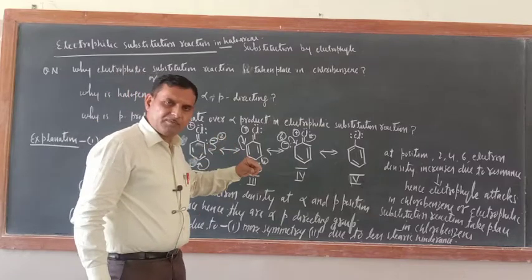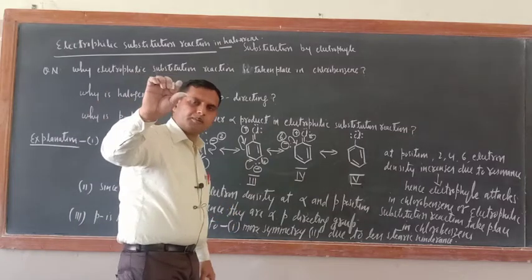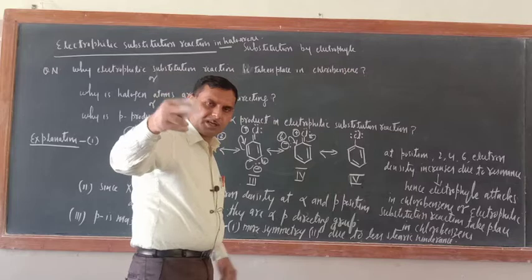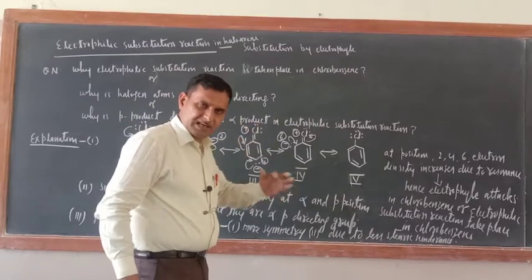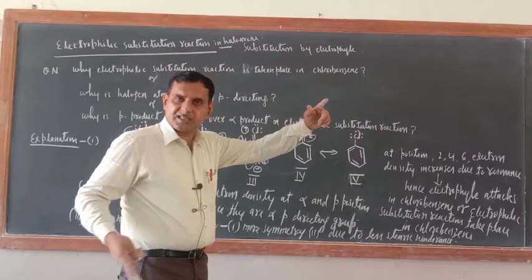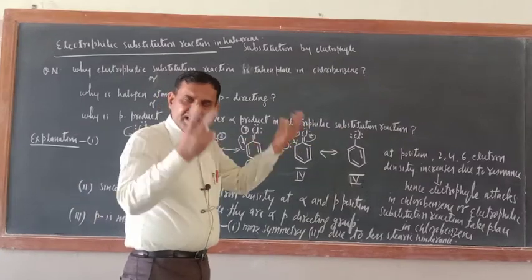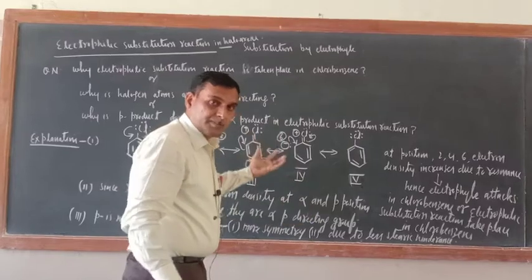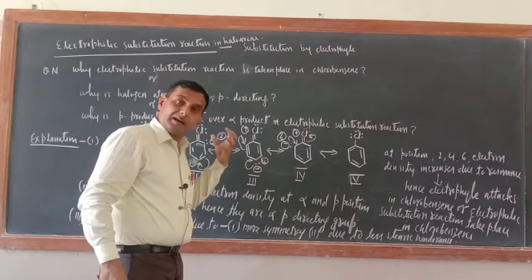Similarly, in the para form steric hindrance is less. In the ortho position, two groups are very near, so steric hindrance would be there. Both groups will repel each other, hence the stability of that product will be less. While in case of para, one is present at one position, the other is present at the 4 position, so the distance is more. Then spatial crowding or steric hindrance won't be there, so the para product will be the major product and more stable.